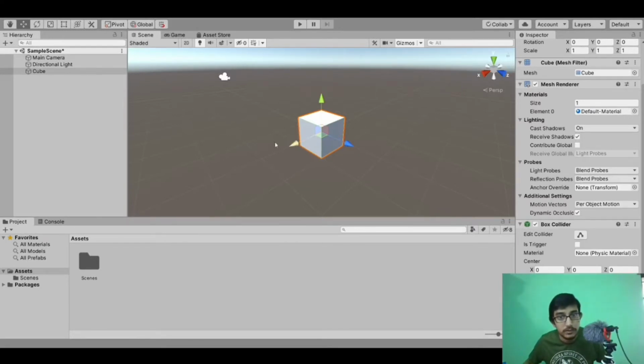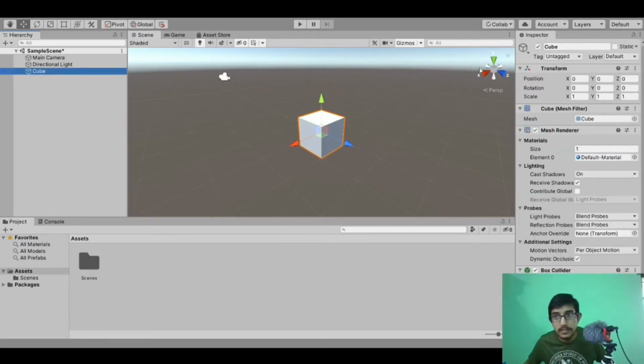And when we move this tool, let's see some properties of this cube. The first property that we got here is transform. We can see in transform the position of the cube, rotation of the cube, scale of the cube. If people are not able to see the cube, I will change the scale of the cube so it will become somewhat larger and you can visualize it. So let's select a scale cube first.